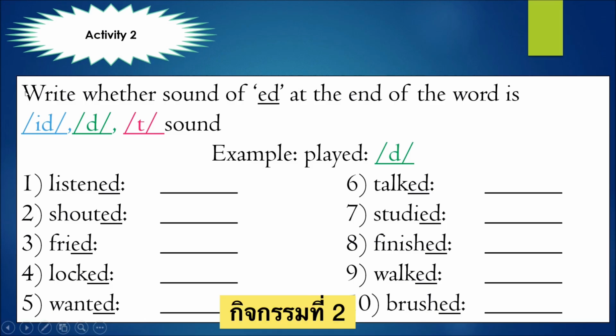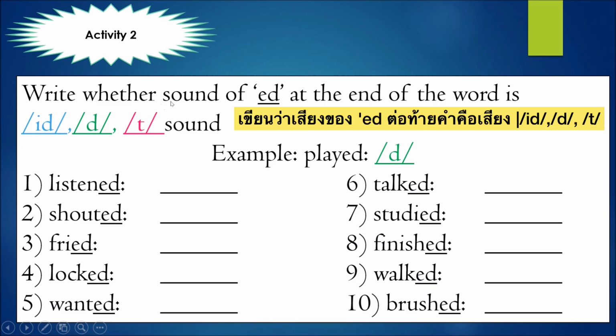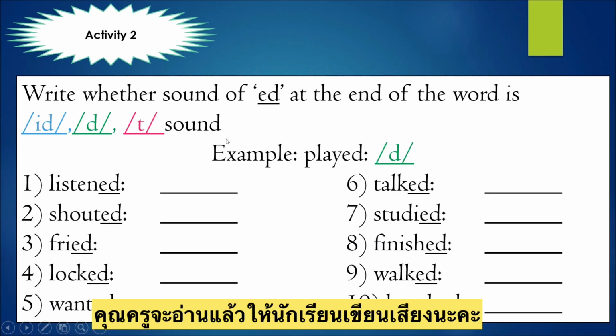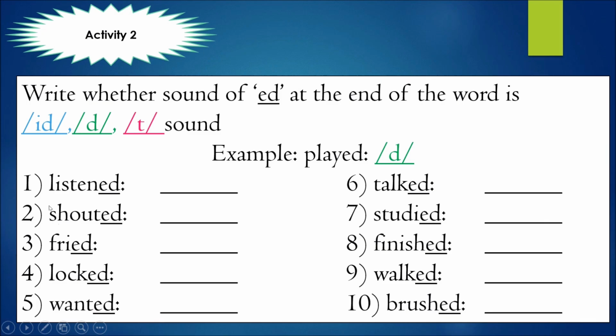Alright. Okay, so for this activity number 2. Number 2, write whether the sound of the ed at the end of the word is id, d, or t sound. Okay? So I will read. You are going to write the sound. Okay? Number 1,